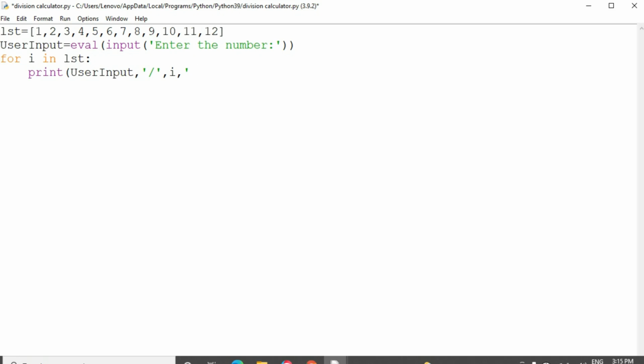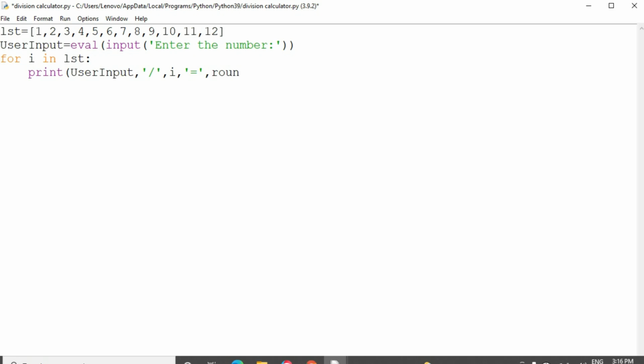Then equal, like this. Suppose the user gives the number 5, how will it display? 5 slash the first element i is 1, so 5 division 1 equal to, then the result will be produced.